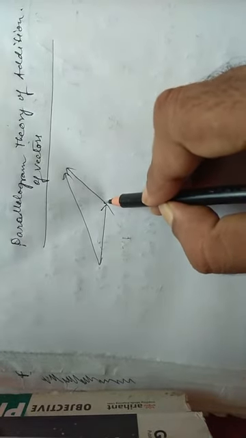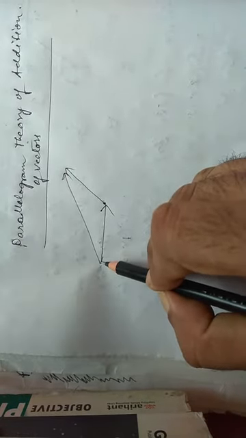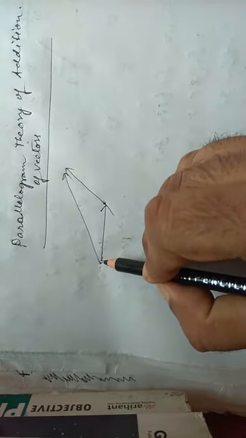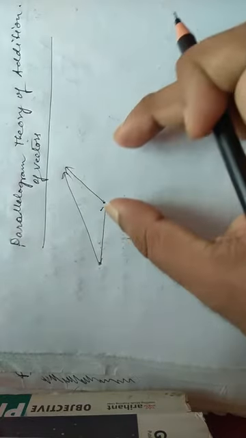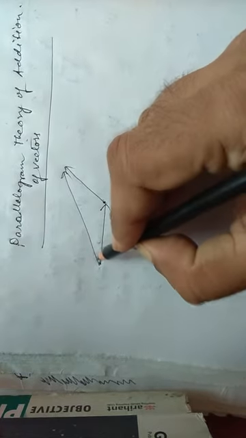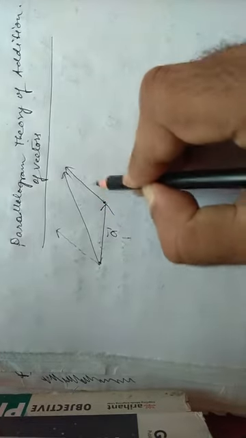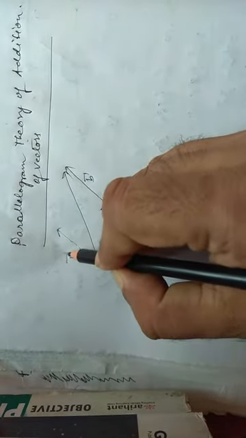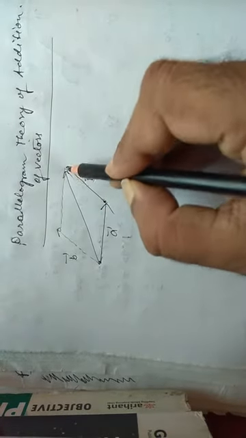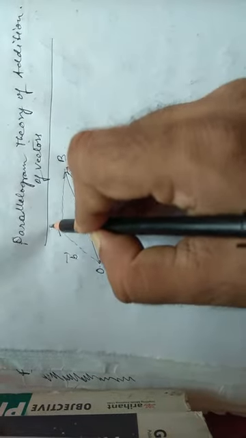This is one end of a vector and this is one end of another vector. We bring these two ends to the same point. Now how do we do it? Either we transfer this vector here or we transfer this vector here. If we transfer this vector here, we draw one parallel line similar to this vector. This was vector A, this was vector B. We draw another line parallel to B and join O, A, B, suppose C.